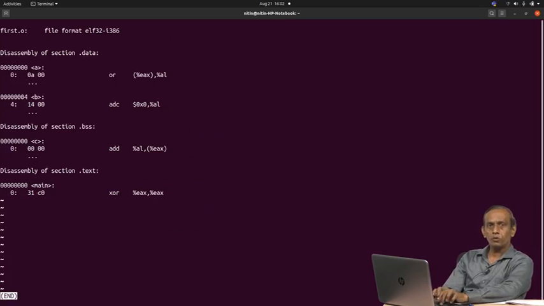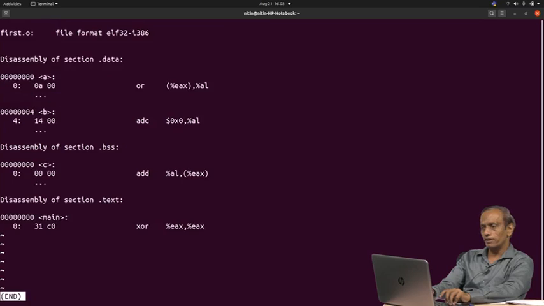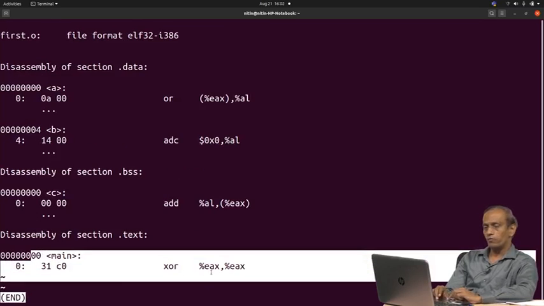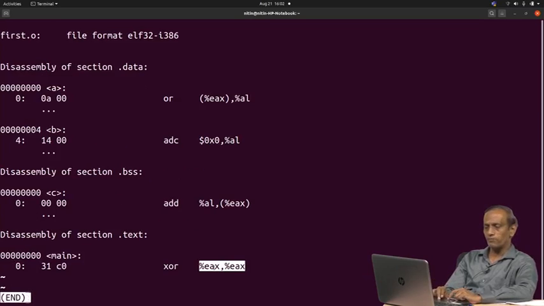Our assembly code contained only the XOR statement. In main we can see this added XOR EAX, EAX. Some of the format is different, and we will talk about it later. We declared 3 variables: the data section contains A and B, then there is variable C which we declared in BSS, and see the difference.